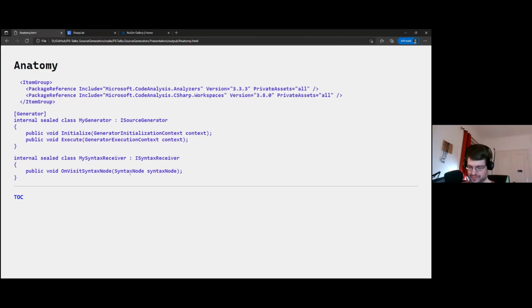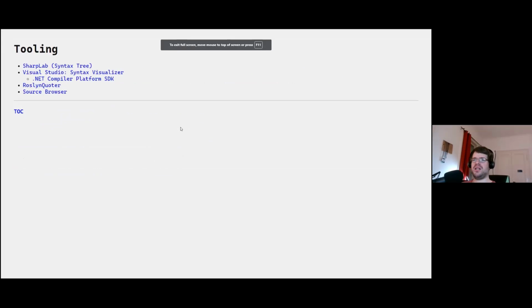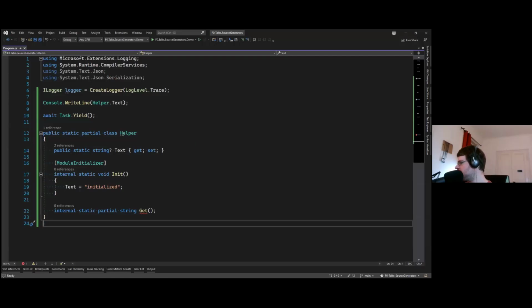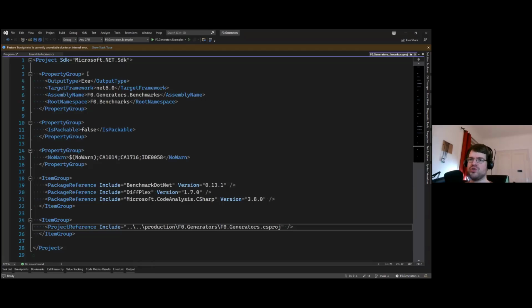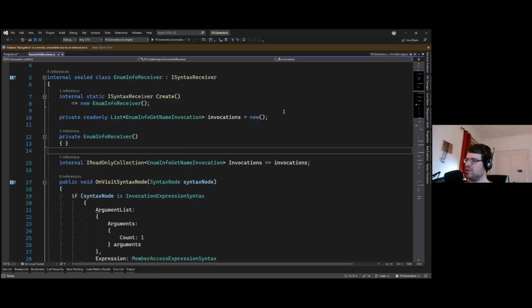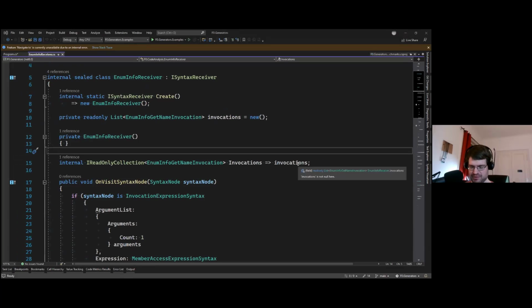Now, let's come to some tooling which could help us building source generators. I already showed SharpLab with the syntax tree. This is also available in Visual Studio. If I jump into Visual Studio, let's have a look at the syntax receiver file. I have here the syntax visualizer. I do get that if I open the installer, go to modify,